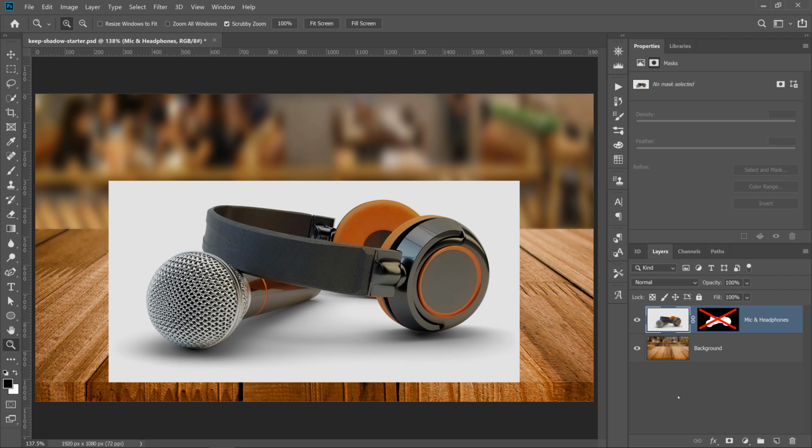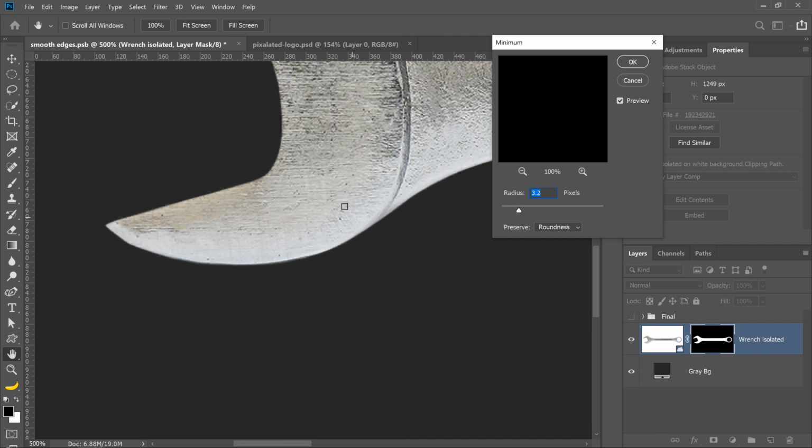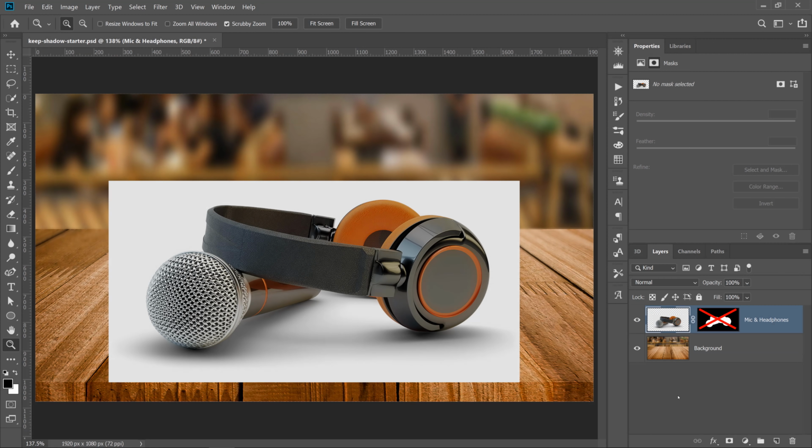The first step is to cut out the object from the background. In this tutorial, we're not going to focus on masking. I want to make a concise tutorial. However, if you don't know how to mask, I do have 2 videos that I recommend watching so that you can mask your object. I have a tutorial on making smooth selections. It's a really good tutorial that teaches you a lot about masking. So I'm going to place a link to that video down below in the description.